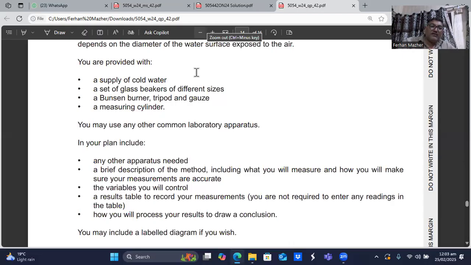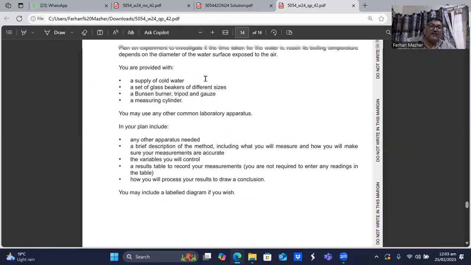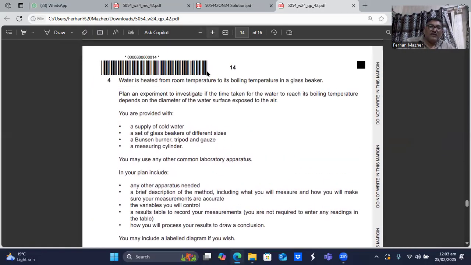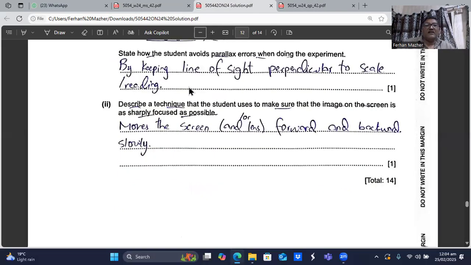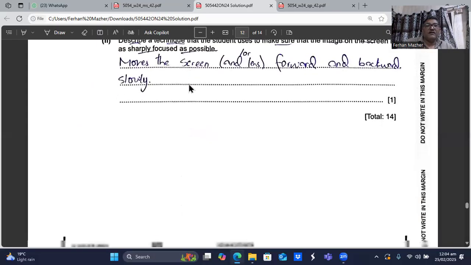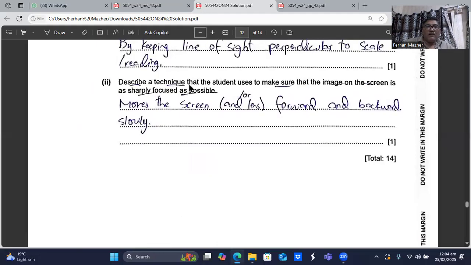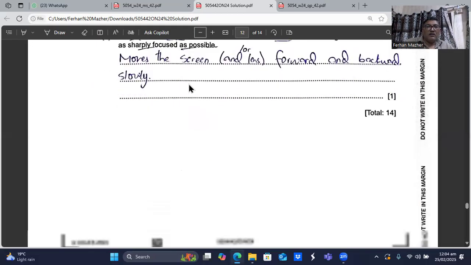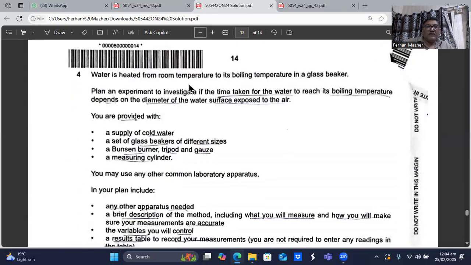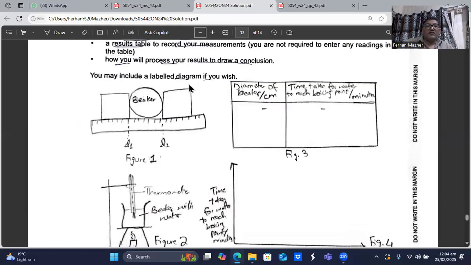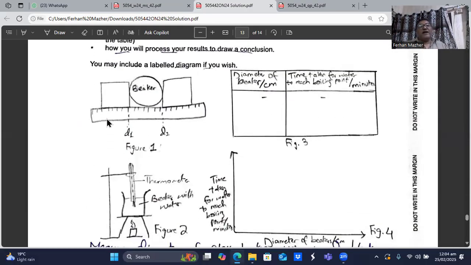Let me reduce the size so you can see the whole question together. So now you can see the whole question together. So let's see what, okay, so here we have: take two wooden blocks and place the beakers between them, and you will be able to,